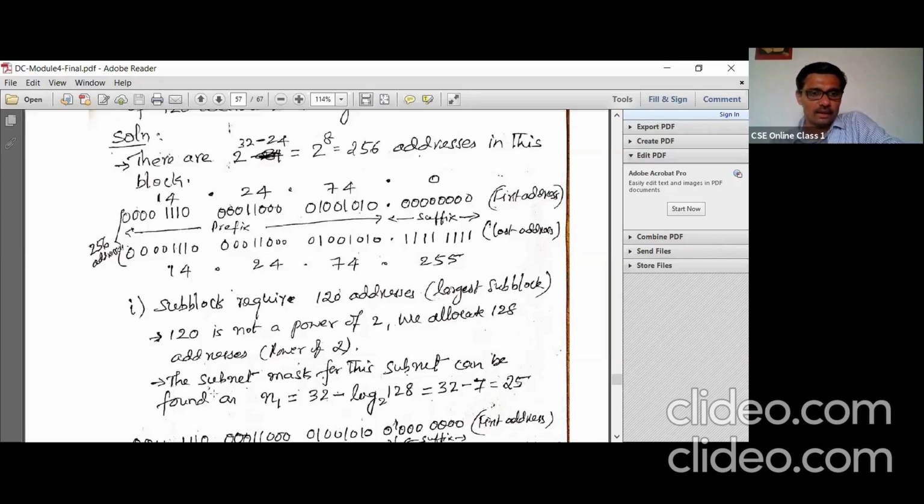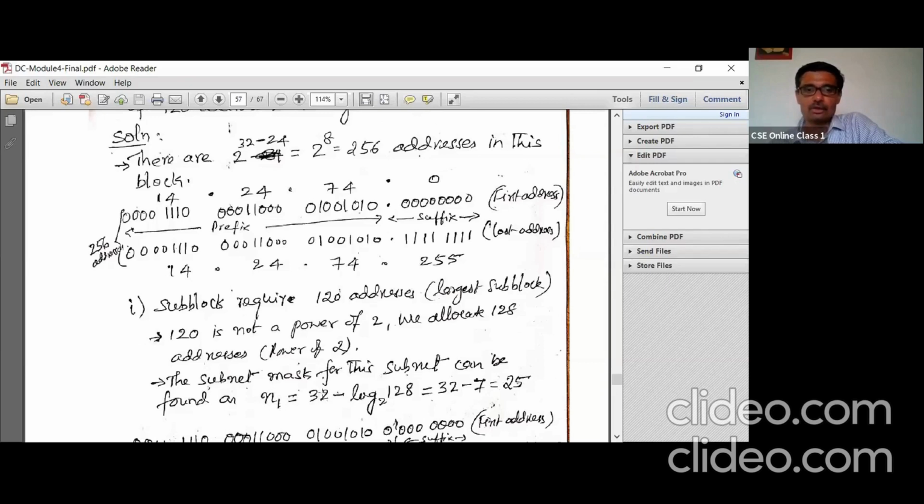How do you design the subnetwork mask? As we have seen in the previous slide, the formula is small n sub equals 32 minus log of capital N sub. Capital N sub is 128, and we need to find small n sub.